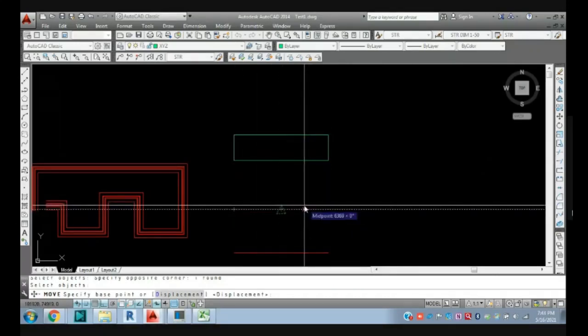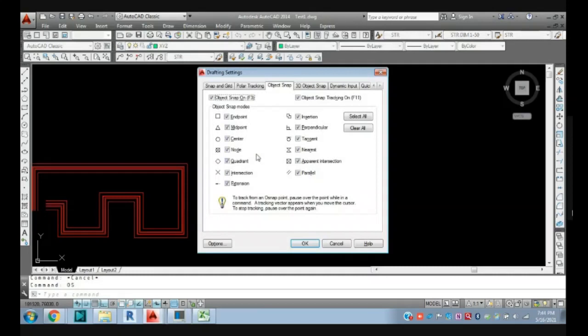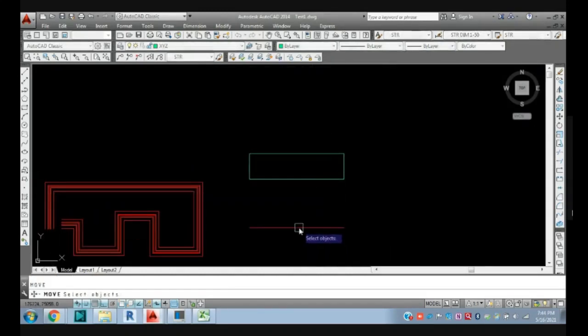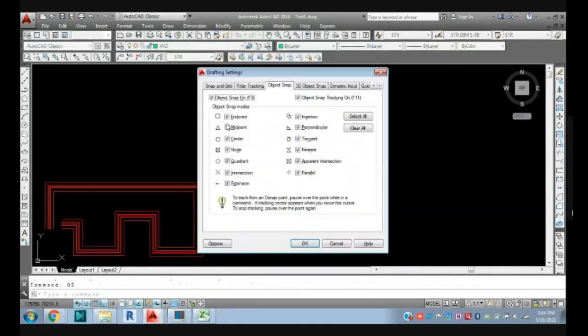If they are not active, you just go here with the OS command and tick them. Tick all these points here in object snap mode. If I untick all options here, clear all and click OK,